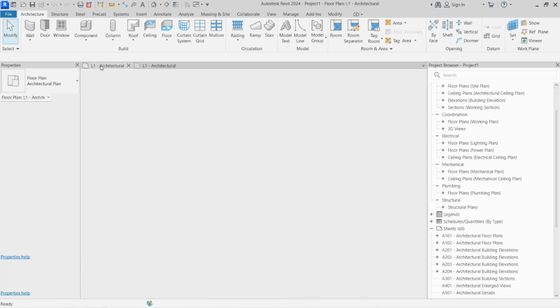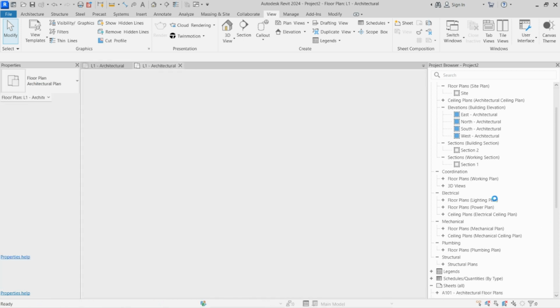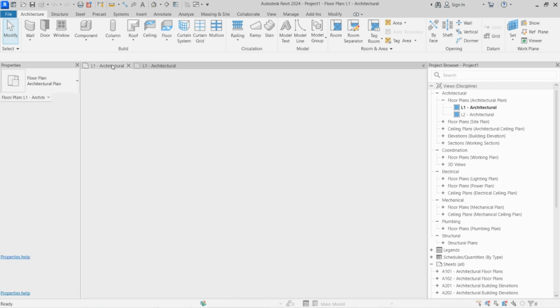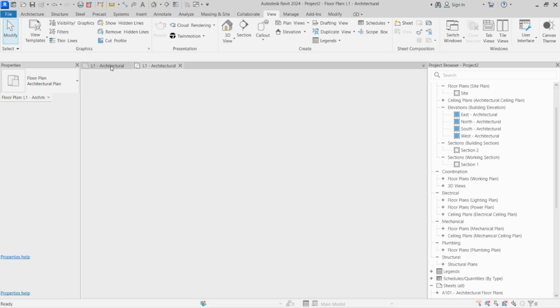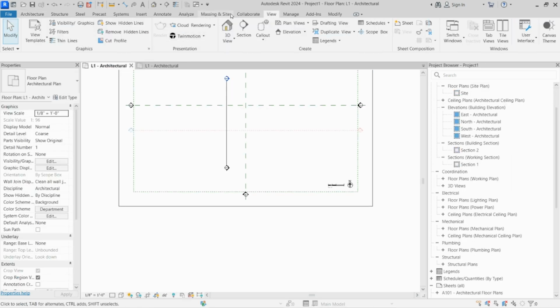And so the basic difference is that both of these look almost similar, right? This is the Imperial form, and this is the metric form. So the template is almost similar. If we point our mouse in this tab, we can see project 1 floor plan, and in this also the project 2 floor plan L1 architectural, right? So let's just open this Imperial one, and then let's see